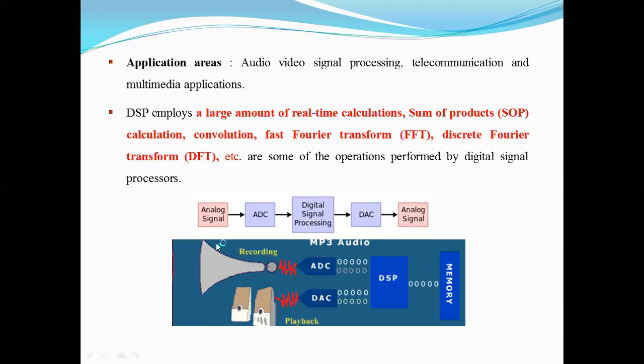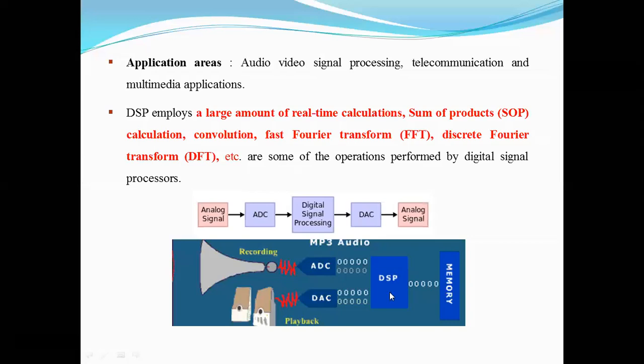First, whatever you speak, now I am speaking with you all, is analog in nature, right? Inside the system there is a built-in ADC. What is the use of an ADC? It converts the analog signal into the digital signal. Now it has converted the data. You can see here the recording has been done. This is the ADC part which converts the analog into digital in terms of zeros and ones. But again, inside the processor, it has to store the data in digital form. For that, you require the digital signal processor, right?